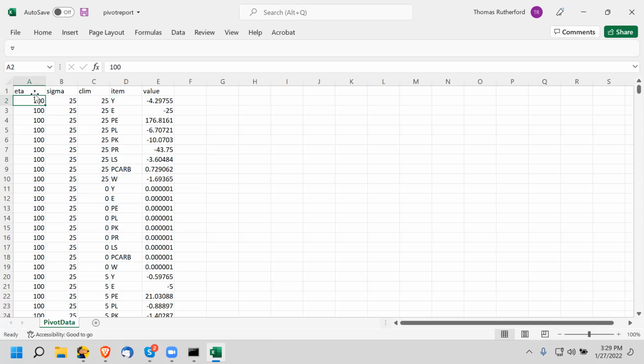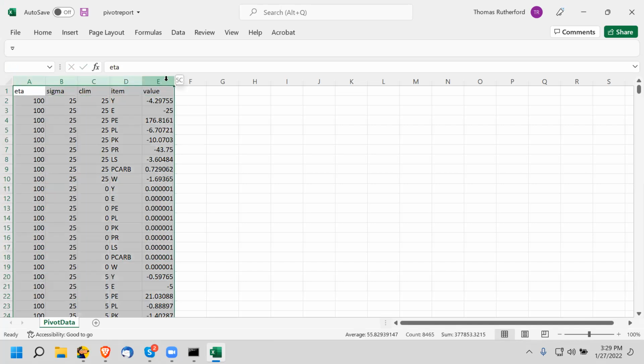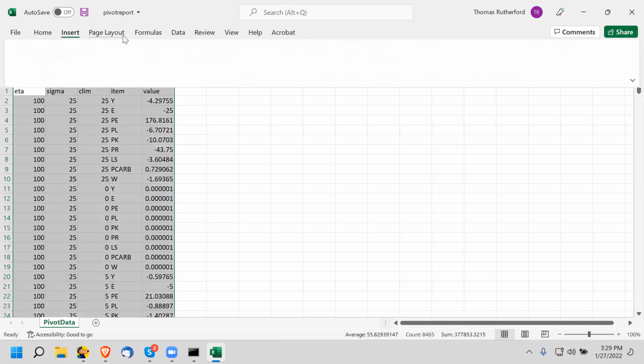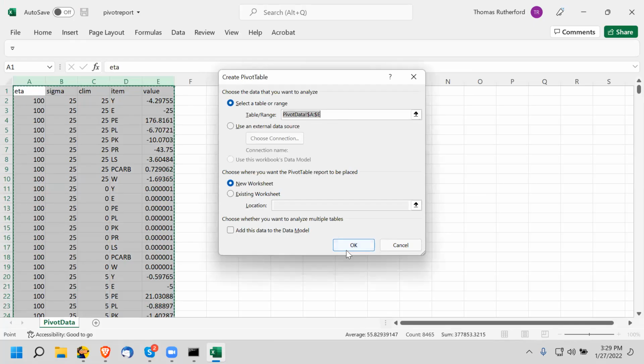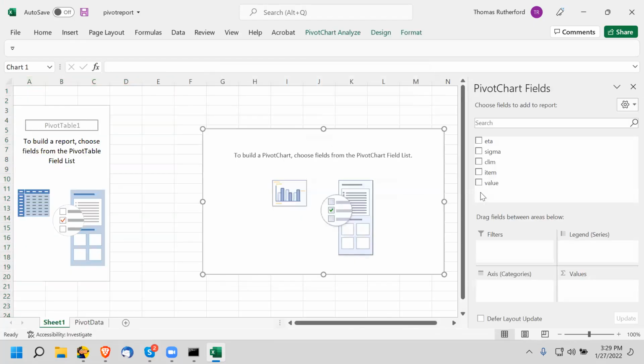So then I have, and it's not so much, I'm just trying to share with you what the method is. It's like, okay, I'm going to highlight this, and I say insert pivot chart and table, go like that. Then I can grab